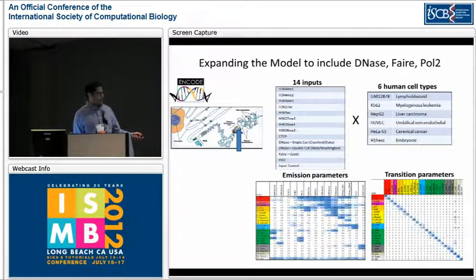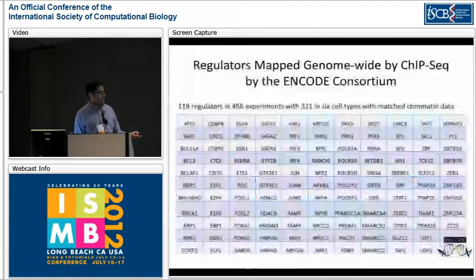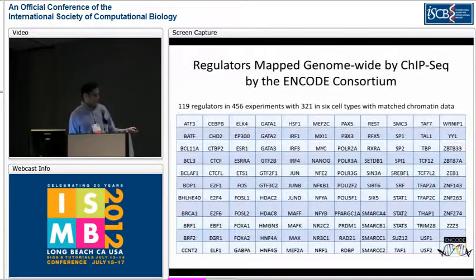So we learned a common set of 25 states across these 6 cell types. And I just want to mention briefly some of the promoter, enhancer, and insulator related cell types. We've been going in depth on some analysis, and now the ENCODE consortium has mapped over 119 regulators, transcription factors, and other chromatin regulators. Can we have some way of interpreting these different transcription factors in the context of the chromatin states we've